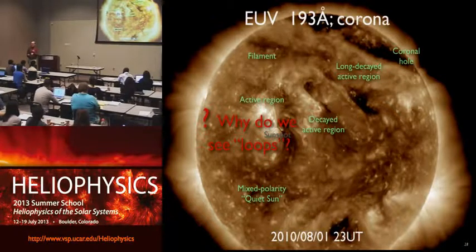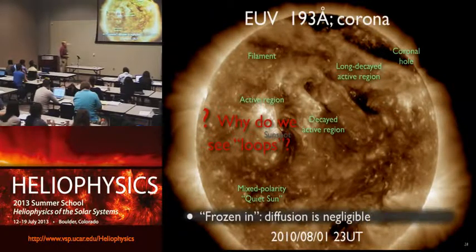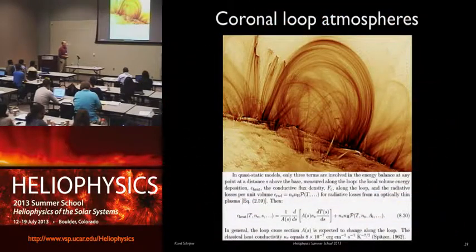But the material is so short-lived compared to the time it would take for things to diffuse that you've essentially created one-dimensional atmospheres that just outline the magnetic field. So they're one-to-one structures in most cases, except when life gets interesting and things reconnect, and then material can jump from one field line to another. It's frozen in. So diffusion can be ignored, and that's true for just about anywhere.